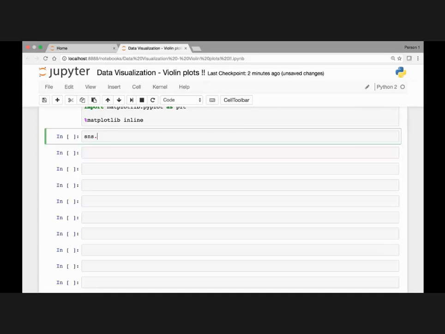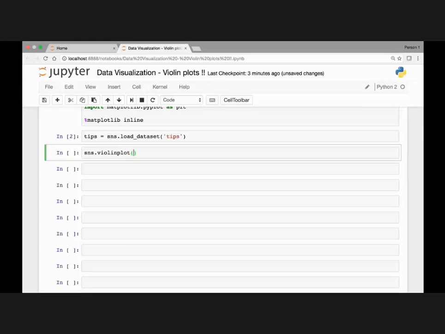So first we will need to load the dataset. We'll use Seaborn's load_dataset method. Load dataset, and then we'll pass the dataset, which is tips. And we'll save this dataset in a variable called tips. Now we can call the violinplot method to draw a Violin Plot. So sns.violinplot, and then